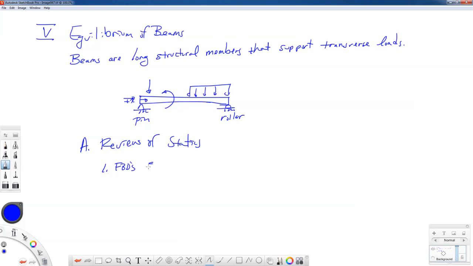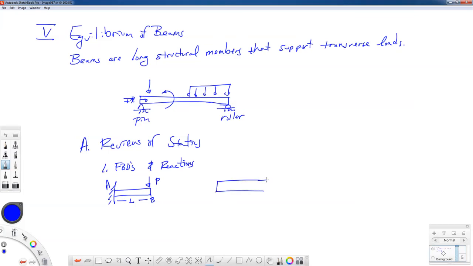So let's look at free body diagrams and reactions. One way we can support a beam is with a wall or a cantilevered support. So maybe this wall over here is position A, and I put a force over here at position B, and the force of that is the force P, and the length of the beam is L. If I draw the free body diagram of this beam,